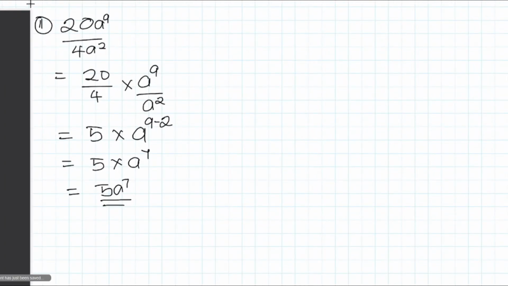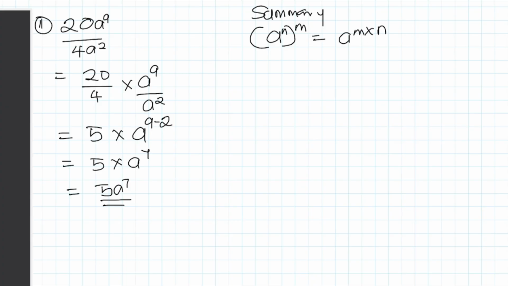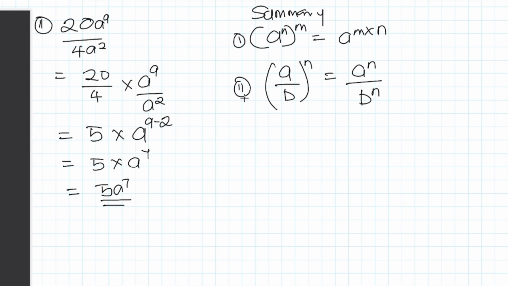So in this lesson here, summary, we've applied the law: a raised to power m, all raised to power n, equals a raised to power m times n, and a over b, all raised to power n, equals a raised to power n over b raised to power n. And then we've also applied this law: (ab) raised to power n equals a raised to power n times b raised to power n. Okay, so they all